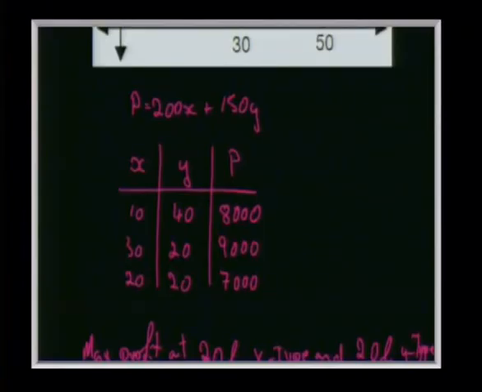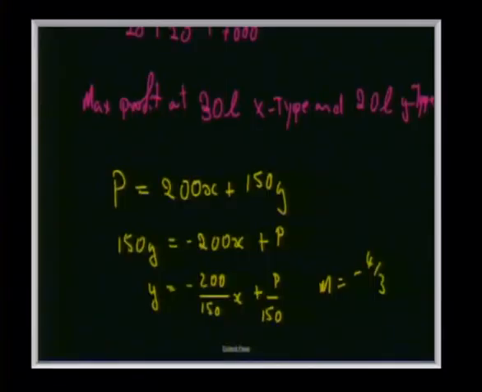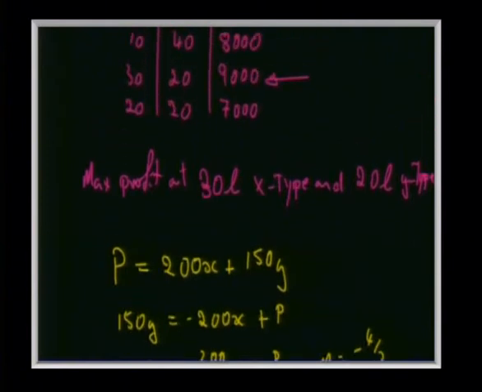So let's just run through this again. I'm going to zip down to the table. We wrote our profit equation, and then we tested every vertex of our feasible region for the maximum profit. And yes, there we got 30 X's and 20 Y's for our maximum profit. That's one way to do it. The other way to do it is taking our equation, finding the slope of the line, in other words, putting it as y equals, and taking that slope, that negative 4/3, we go back up to our grid,